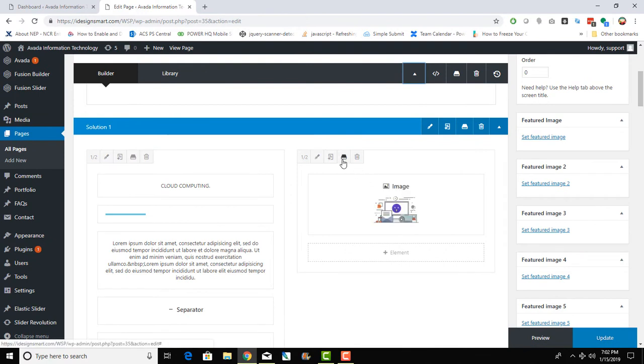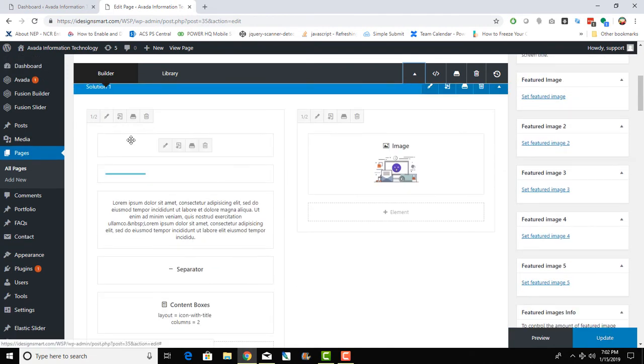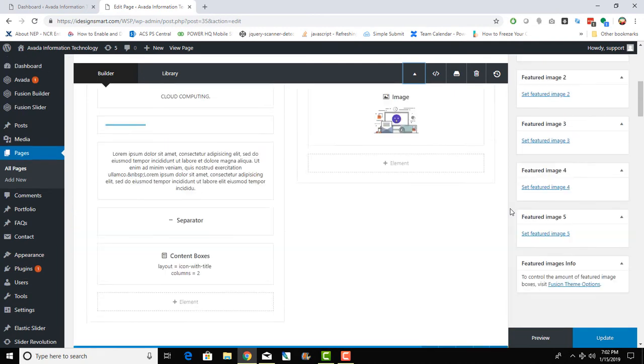You can do this on a column level, so it can save the column. Let's say there's a cloud computing column with this sample or whatever spacing, you can save this whole column and maybe use this column in a new container that you come up with. Now one thing to